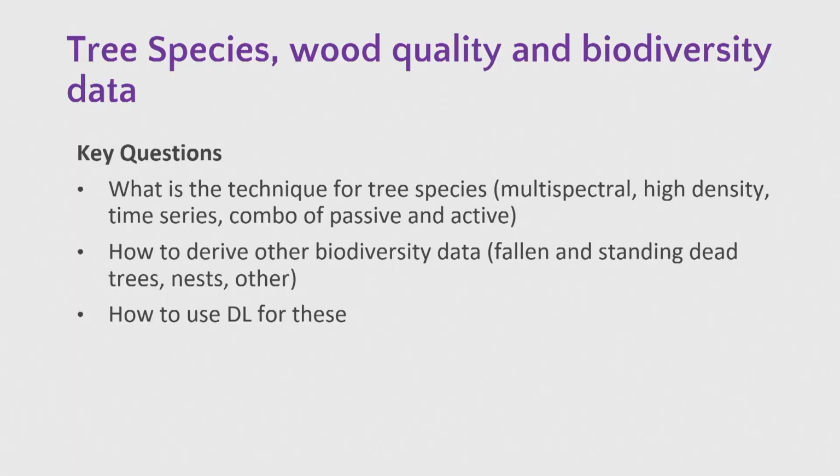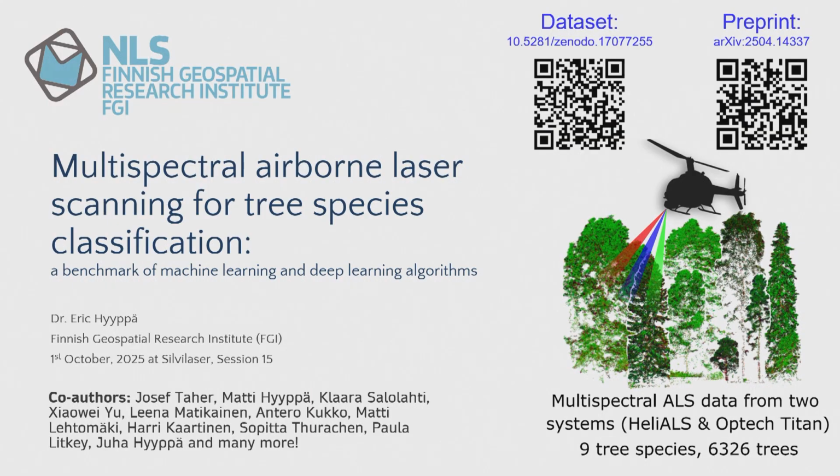As I mentioned, tree species is one of the key applications for protecting biodiversity, and I think that biodiversity is also most probably the driving force for making these individual tree-level inventories. What we did is an international benchmarking, very widely used in Europe. We chose to use a multispectral LiDAR because we have one instrument, and so we have two datasets: one collected by our helicopter system, which is more than 1,000 points per square meter, and then we have Optech Titan, which was something like 35 points per square meter.